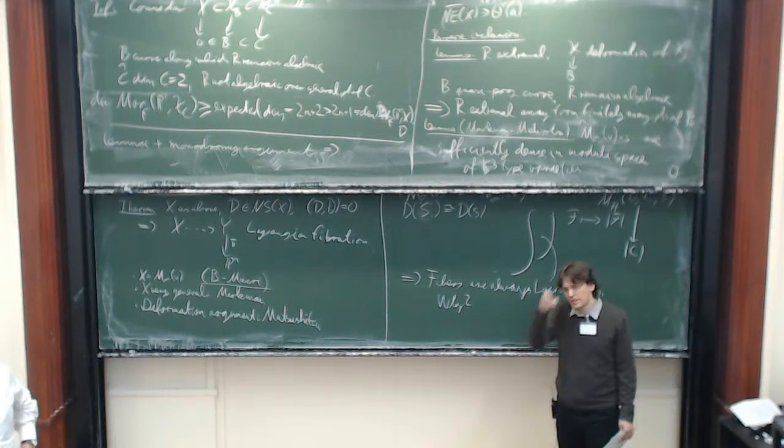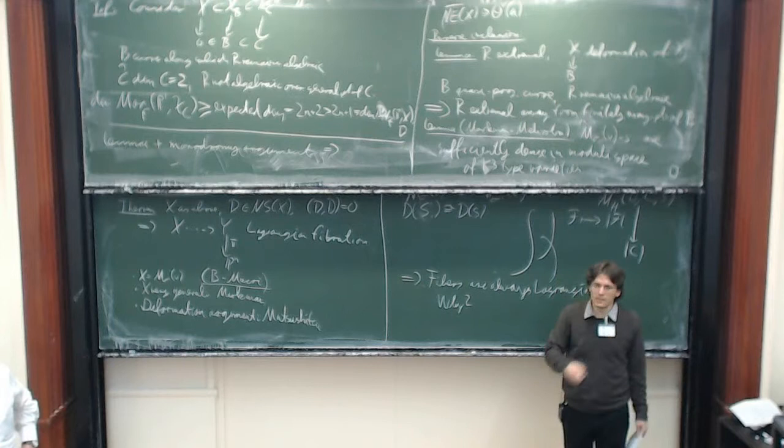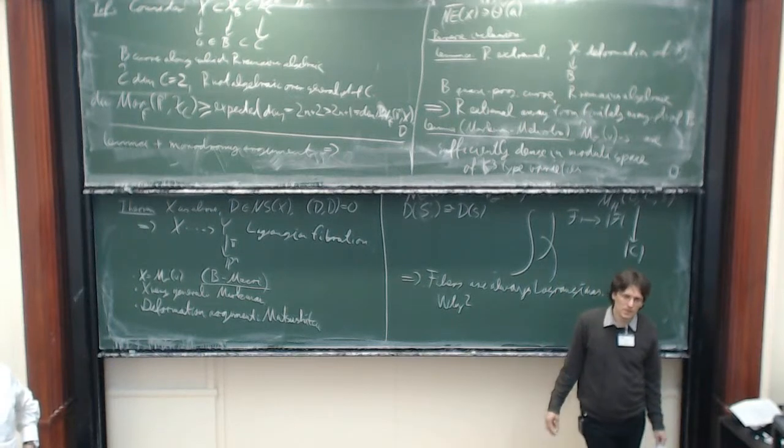So, with the description of the Mori cone and also the dual cone, can you control what kind of MMPs I can run, or can I always run MMPs